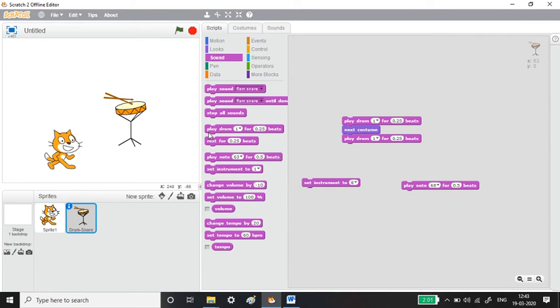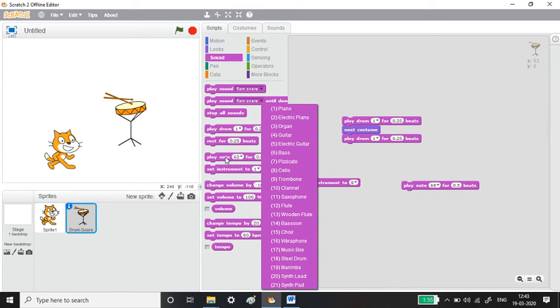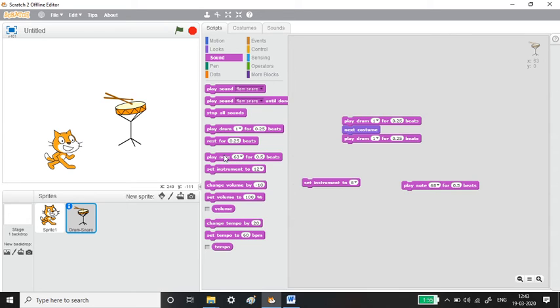You have different types of drums and different types of instruments here, and their play notes are also available. See, a flute. Let us check with the flute. So different types of notes and different types of instruments are available. You can experiment with it, and you can also play.